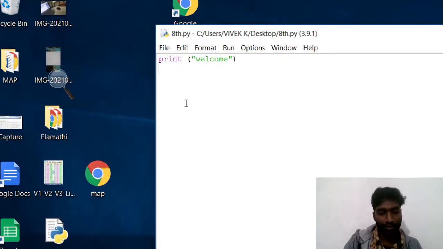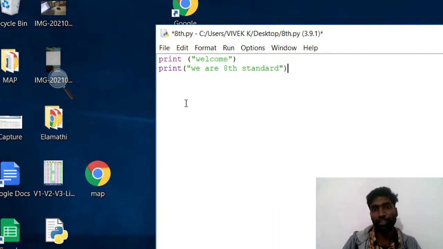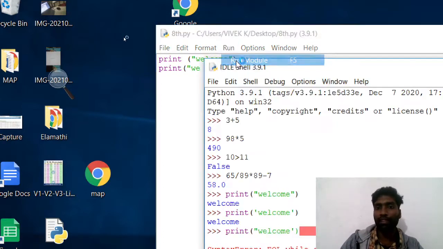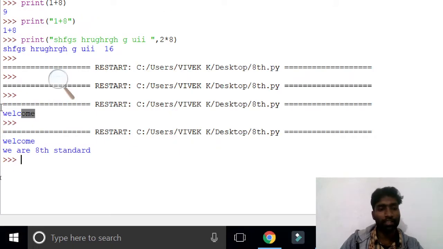Else, print, we are 8th standard. So save, Control S, I saved. Now run. So this is the output. Here you can see at the bottom, we are 8th standard.